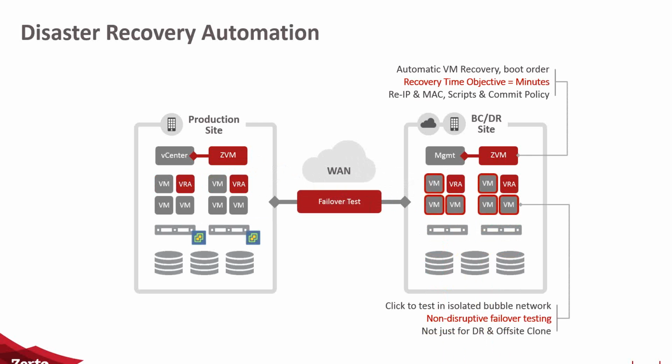I say a copy, it's not actually a copy at all, because what we actually do is we create a scratch disk in the DR site, and any changes written in those test VMs are sent to the scratch disk, which is then deleted when you stop the test. So this is how we allow you to do the testing without breaking the replication. And because it's so easy to do this testing,